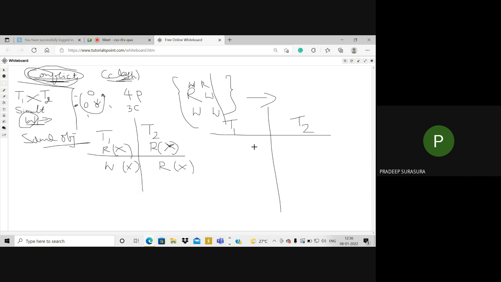If two people are trying to do reservations for different buses, for different source and different destination, obviously there will not be any conflict. If two people try to reserve the same bus on the same day from the same source to the same destination, then a conflict occurs. Please understand, when a conflict occurs, two people are doing the reservation for a particular bus, from the same source to the same destination, on the same day.